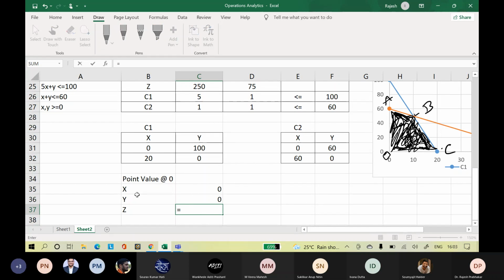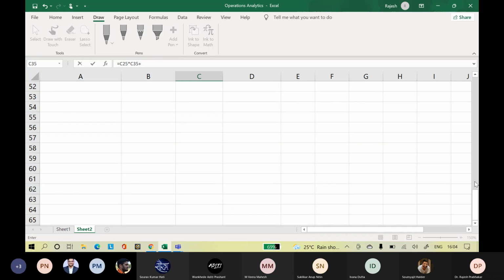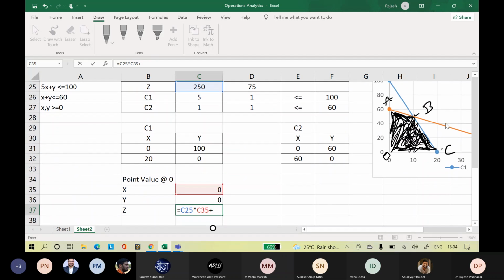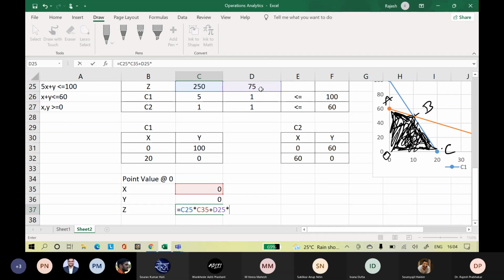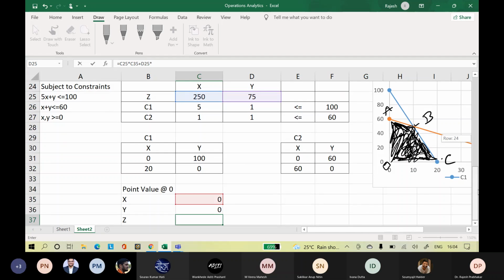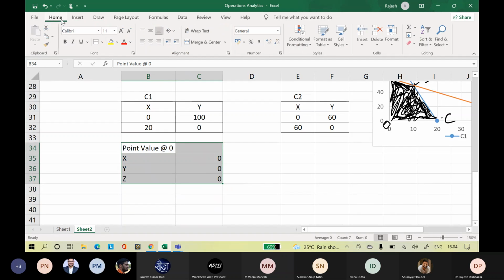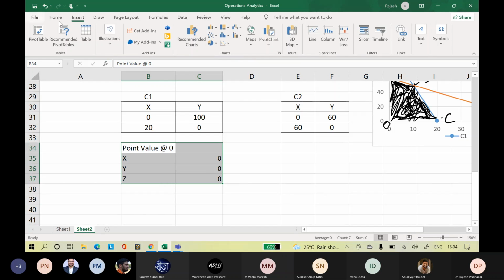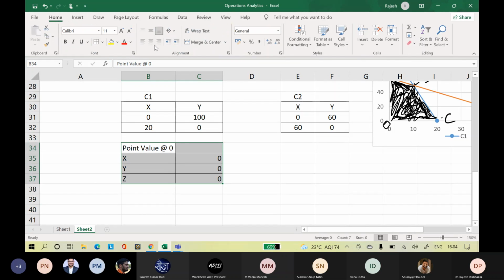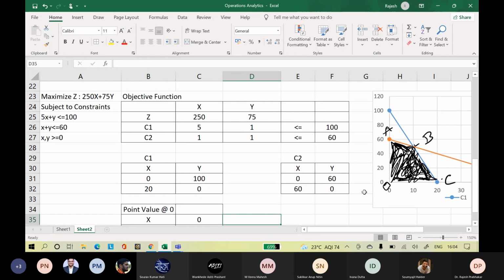Z is equal to 250 into X plus 75 into Y, right? So the Z value at point 0 is 0.